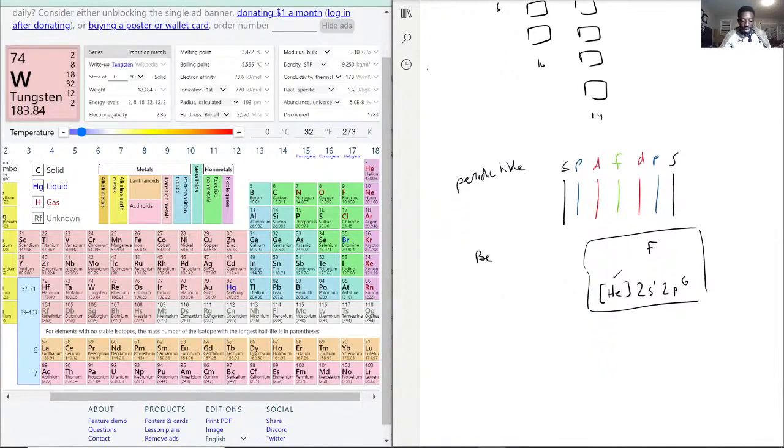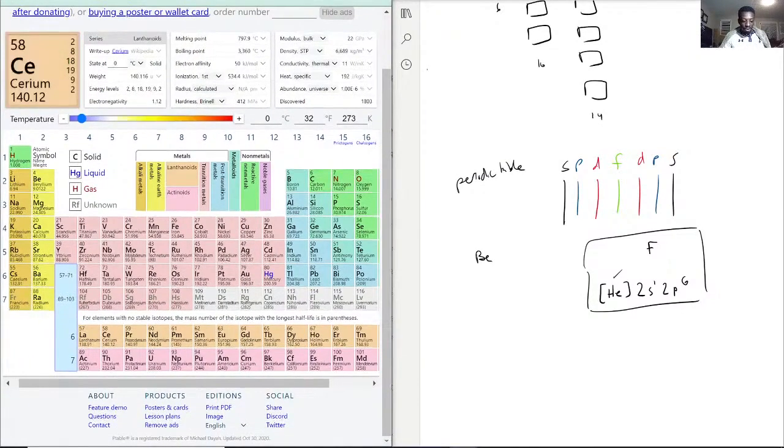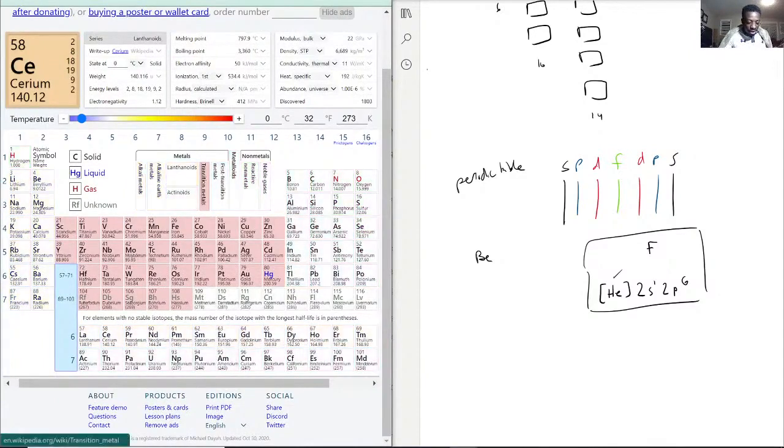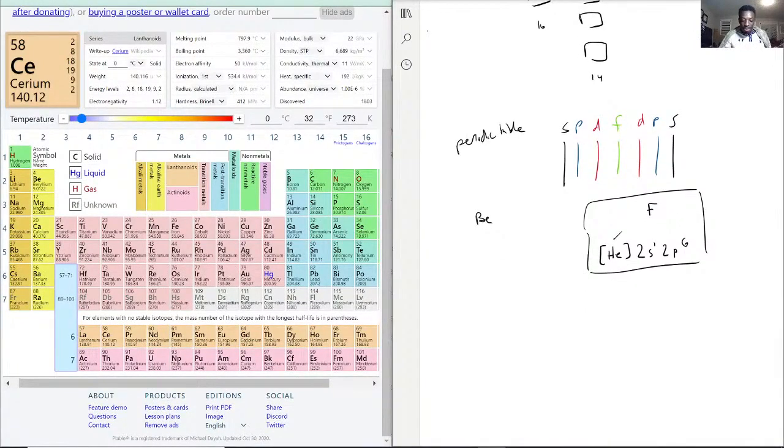What I'm trying to say is that is a P row. Now, D, if you're going with the sandwich thinking, if you see here, it says all transition metals, so that would be where the D shells go. That's why in terms of configuration, it does get more and more complicated. But the one thing to remember is that for D row specifically, whatever shell you're on, so let's say the shell is N, for D,